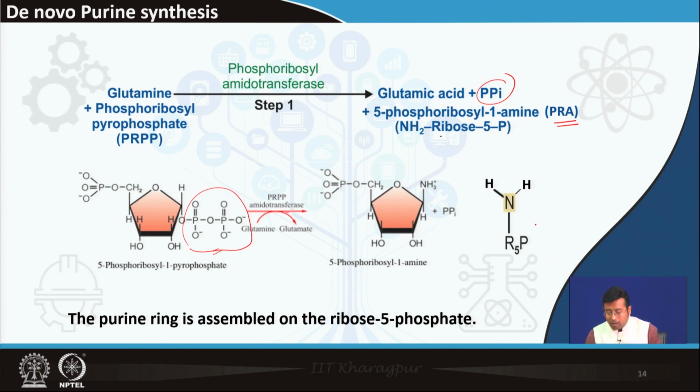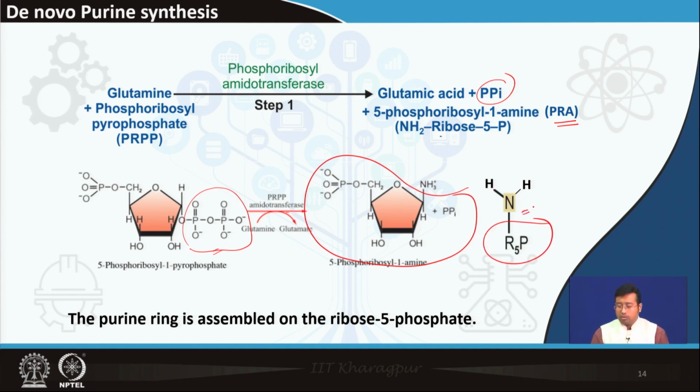Here the entire ribose 5-phosphate has been shown, right, and this is the NH2 group that is attached to the ribose 5-phosphate, all right. You know, in any amino acid the amine group can be represented as NH3 plus and COO minus or NH2 and COOH. So, it is one and the same. So, this is the first step, formation of PRA, right,